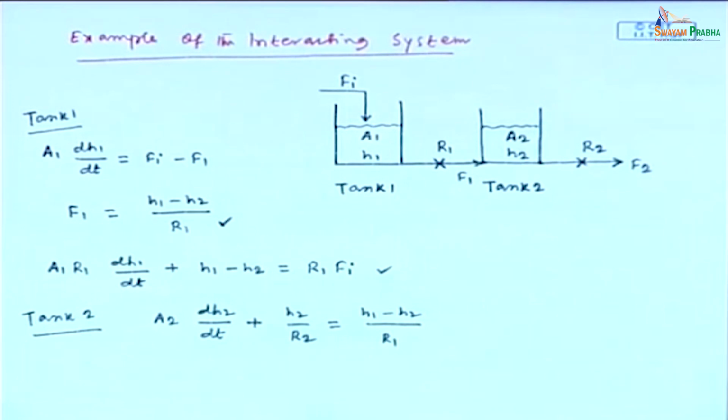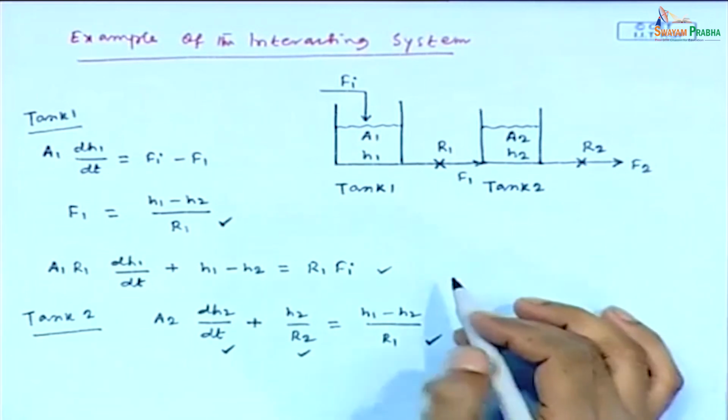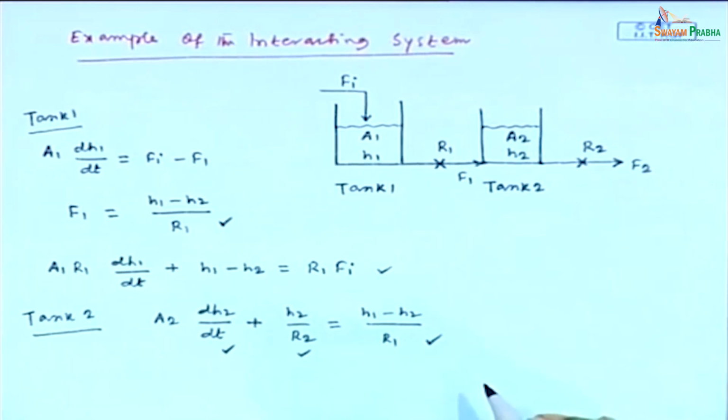Can we write this for tank 2? A2 dH2/dt plus F2 equal to F1. Fine. Now, these two modeling equations we need to write in